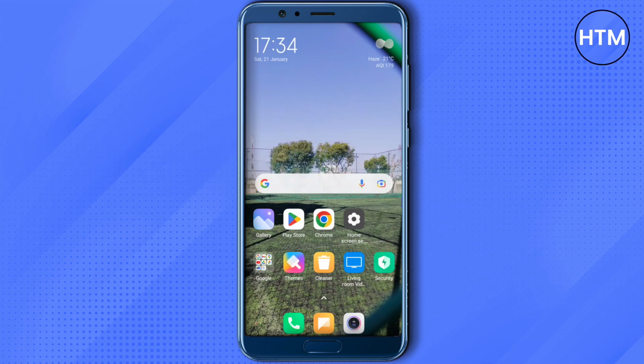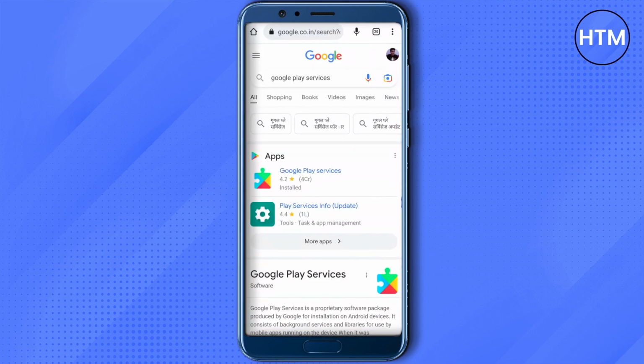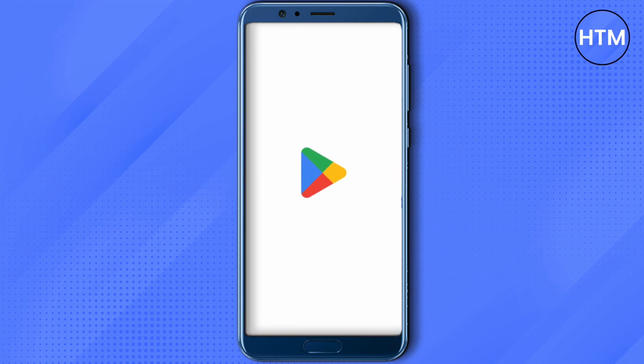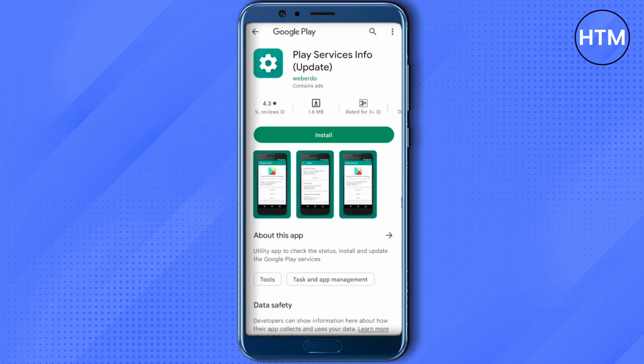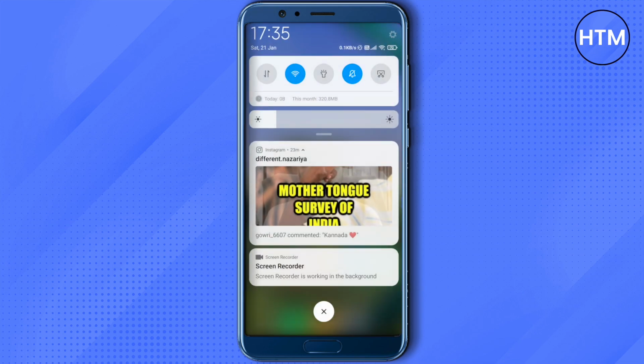So for that you need to open up your browser, and in your browser search for Google Play services and then open up this application, Google Play Services info. And if you find that there is an update option instead of install, then just click on update and update your Google Play services. And after that open up your phone settings